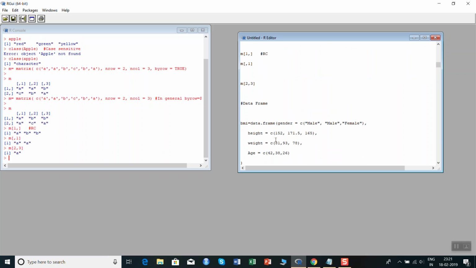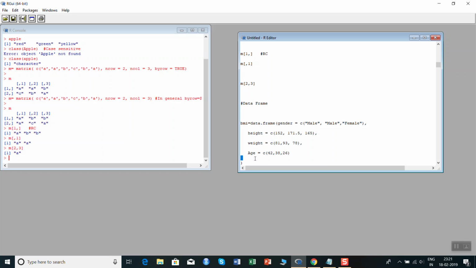Now, suppose we want to make a table, which has 4 columns. That one is gender, height, weight, age. Suppose we know that one person is male, his height is 152, weight is 81 in proper units, and age is 42 years suppose. Now how to keep it in a stack of columns?